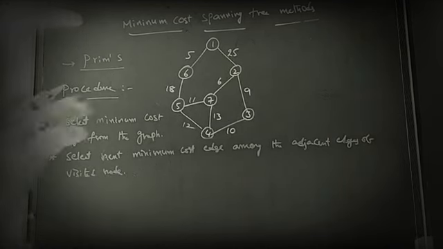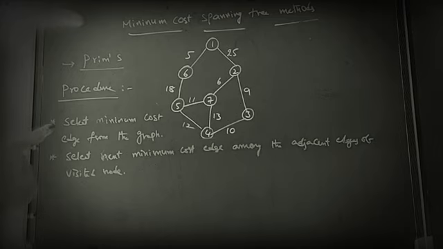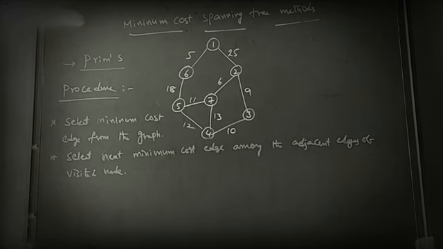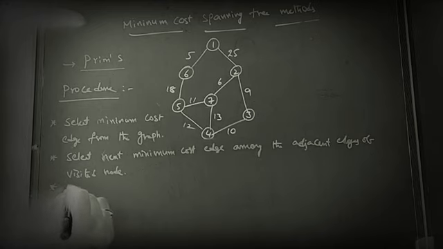Which nodes are already visited, that is the first step. From those nodes we can select another minimum edge, from among the adjacent edges we can select the minimum edge. Third point, this process continues